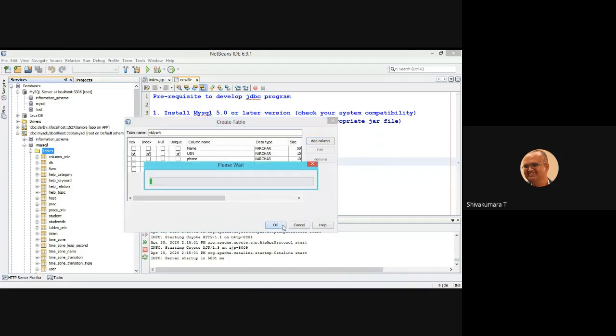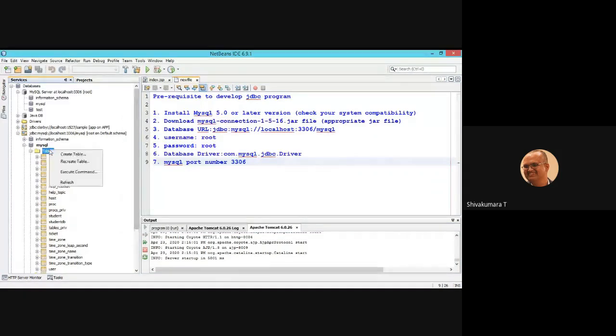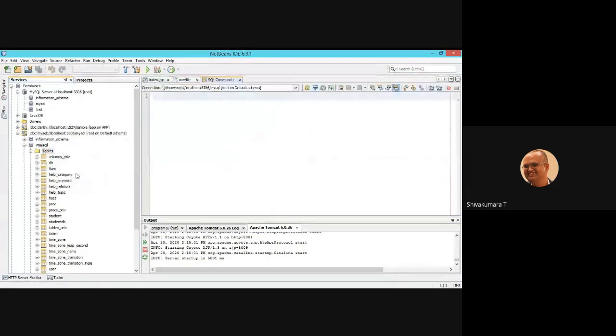Or you can type the query: create table Vidyarthi. So Vidyarthi name varchar of 50, not null, sorry, not primary key.